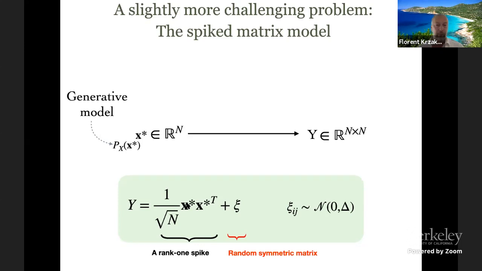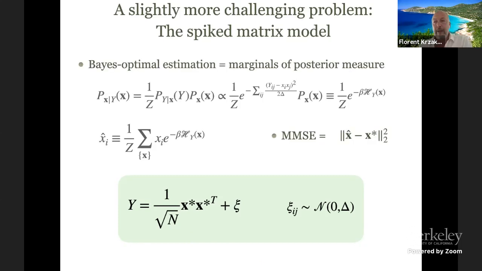So there have been tons and tons of problems and discussions and articles and works on this problem. I believe it was introduced by Johnstone and Donoho in the context of signal processing and also statistics. All right. Now that problem can be set up into a probabilistic model. Well, you just need to find what is the posterior probability of X given Y. Well, it's the product, up to normalization, of the likelihood times the prior. The likelihood, well, this is just a Gaussian.